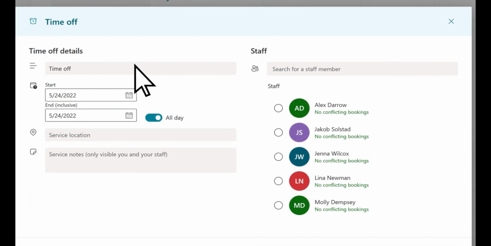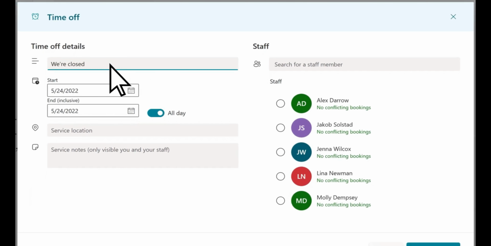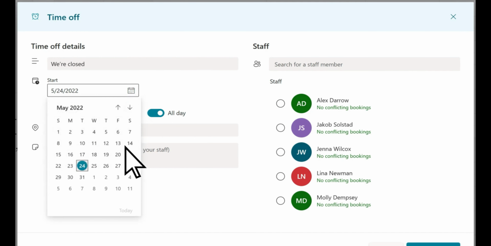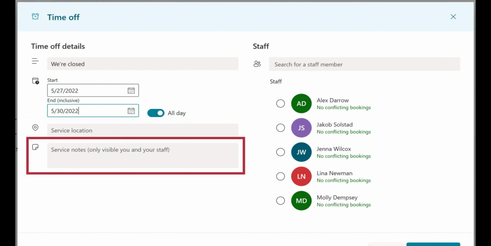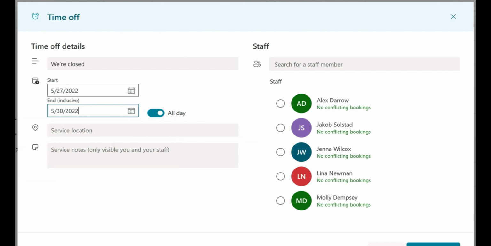Enter details such as a title, start date, end date, service, location, and any applicable notes. If the closure is only for part of a day, turn off the all-day toggle and enter the hours of